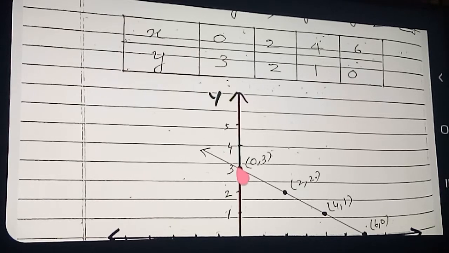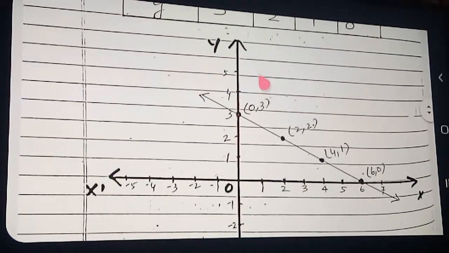Clear? So the x coordinate 0 and y coordinate 3 are coming. Where y is 3, mark the point there. Corresponding to the dark point, I have written the name of the point also, (0, 3). And then downside, again see the next point. Ordered pair (2, 2). Just see that.